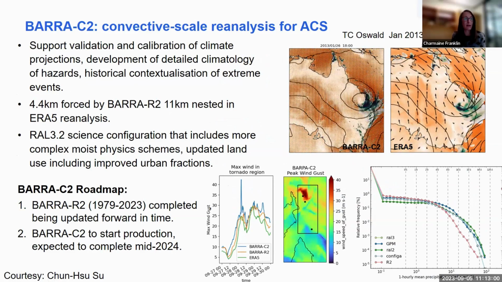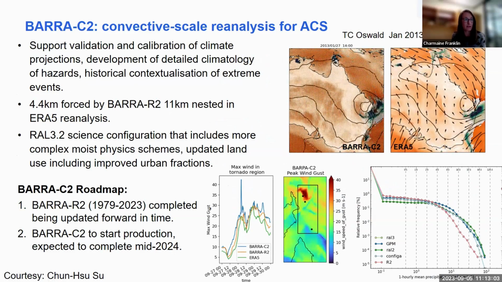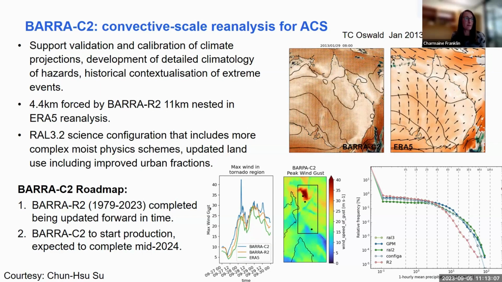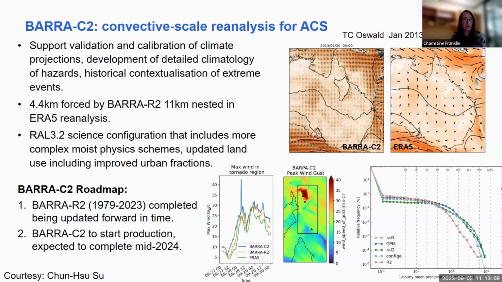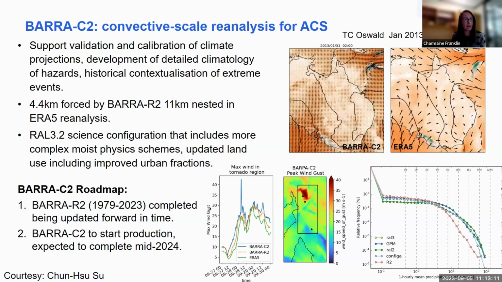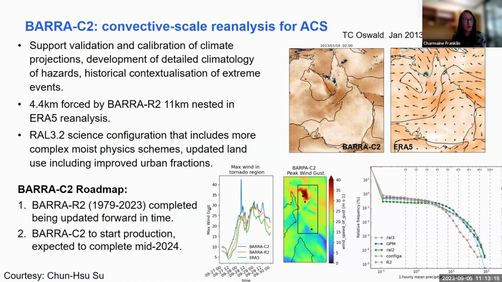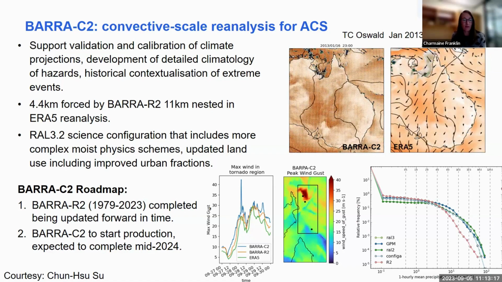It's forced by BARRA-R2, which is an 11 kilometre system, which is nested in ERA5. It uses the same RAL 3.2 science configuration that ACCESS-A uses, and also has updated land use, including improved urban fractions. So if you look at the figures on the bottom, if we start with the one on the